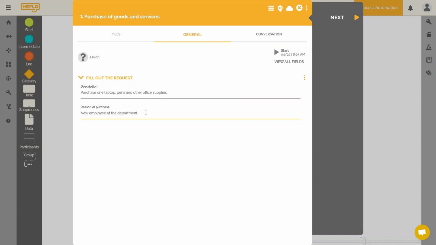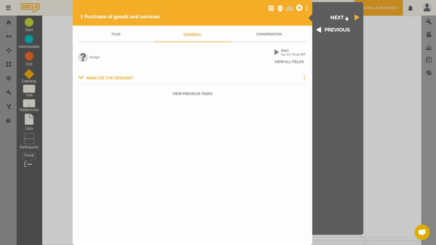We are still missing a number of other things to complete this process, but even if it's incomplete, test mode allows you to run it as long as you have at least one next task. By clicking on View Previous Tasks, you can find the execution history of the process.